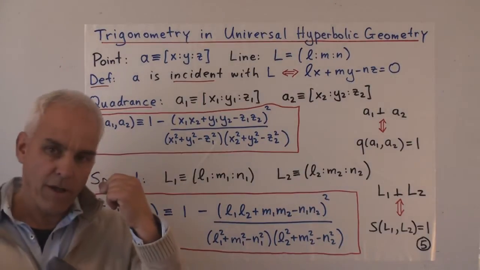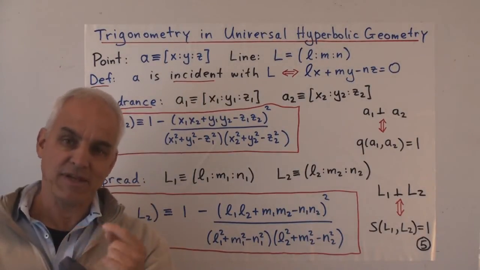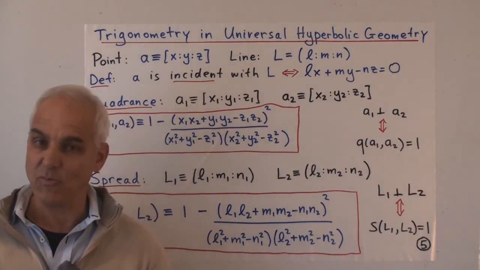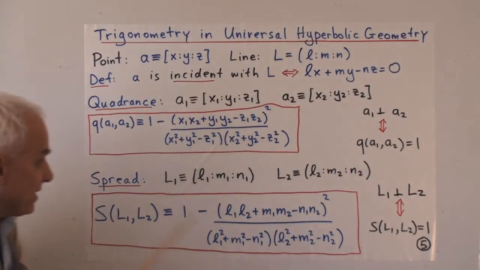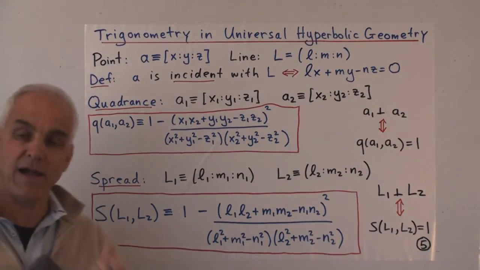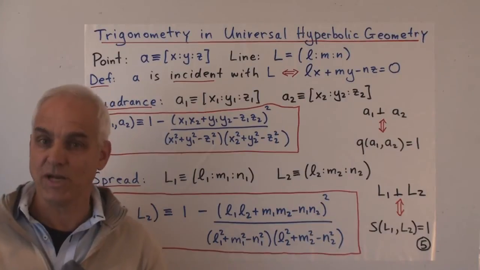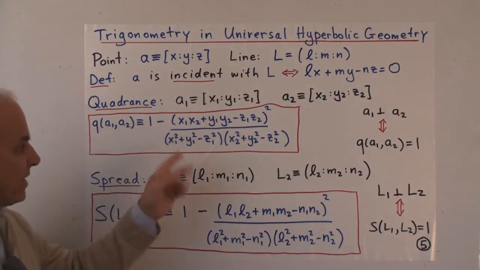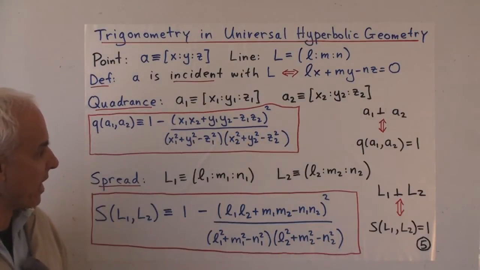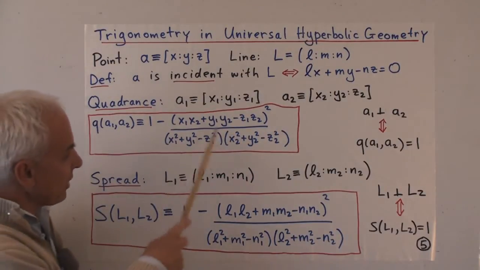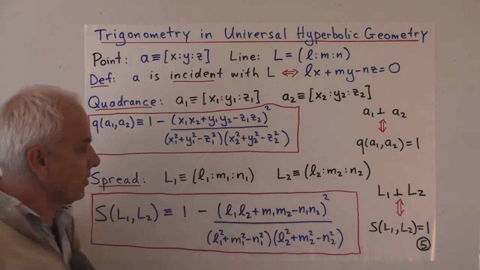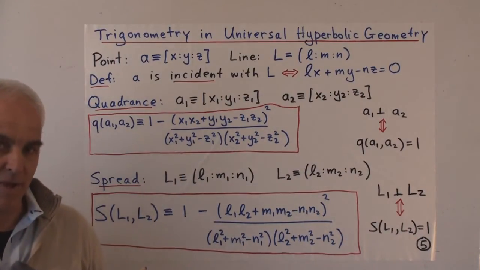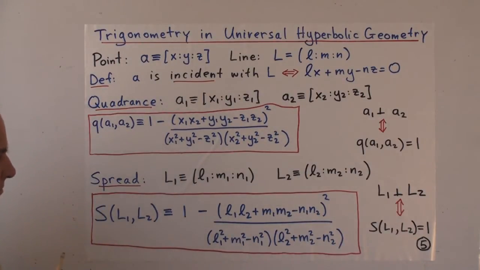So you can see now one reason why I showed you the definition of the quadrance and spread in the rational trigonometry case, because these both look a lot like the definition of the spread between two lines in the Euclidean case. There was also 1 minus something, and it kind of looked like this. In fact, it looked a lot like this. If there weren't any z's, you'd see that it was exactly the same as the previous definition.